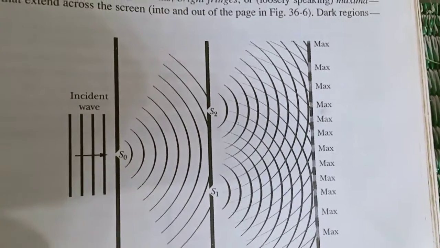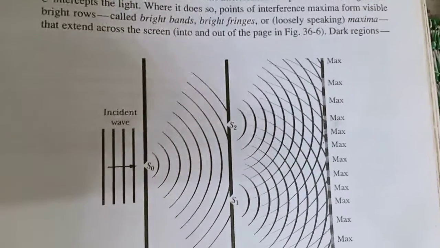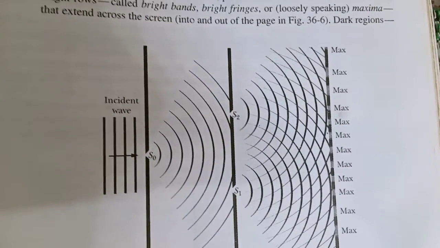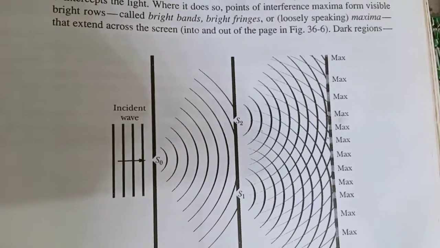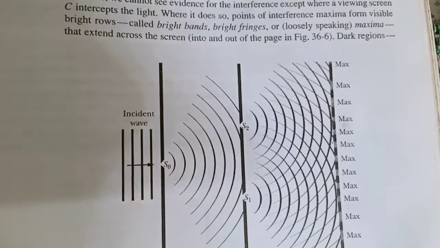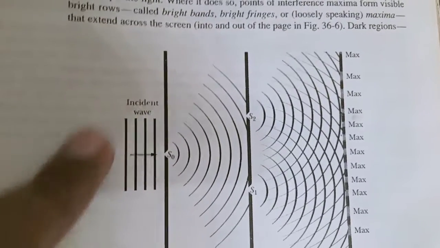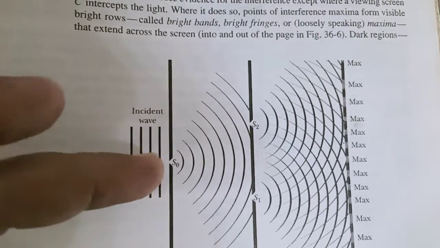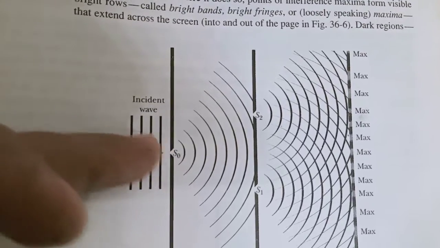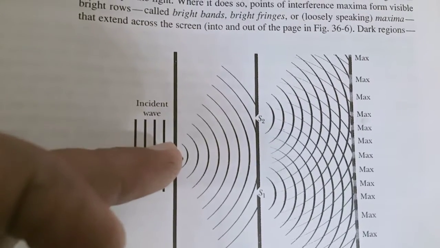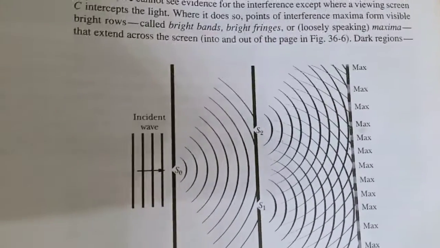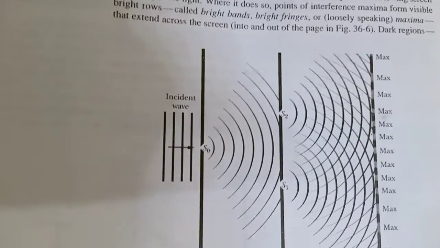In this video, we will study Young's double slit experiment. This is Young's interference experiment. Incident monochromatic light is passed to the slit, a very narrow slit. Now, according to Huygens principle, we know that